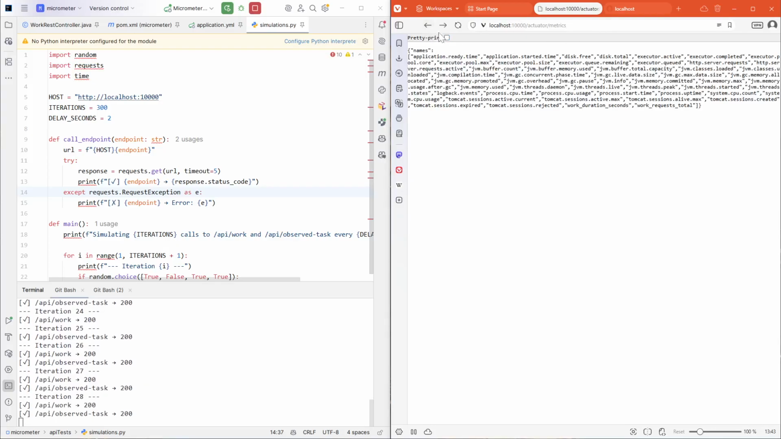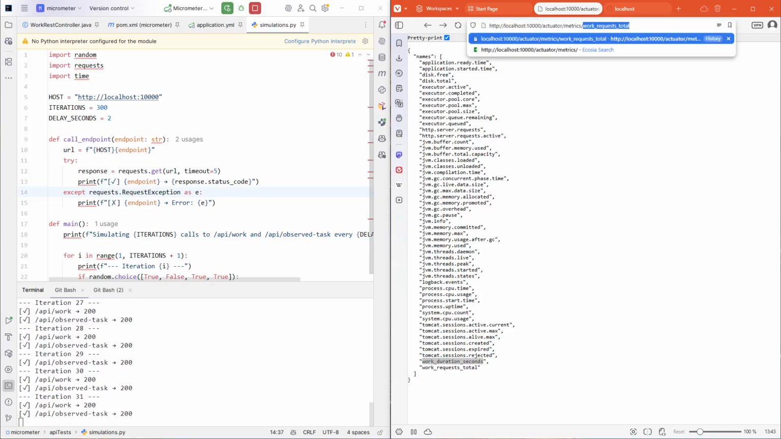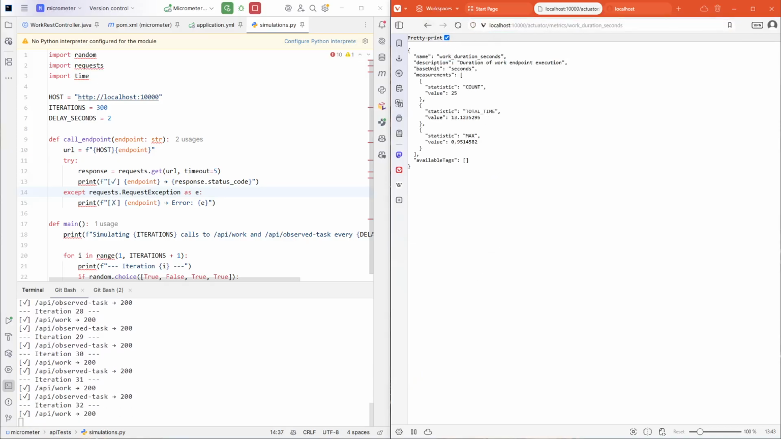Okay. Let's put some pretty print. If you, for example, check the duration in seconds, we can see the difference. Okay, let's see. Again, this is the duration, but even the duration is still a count, but it's grouped by different statistics: the count, total time, and the max time. So we have more information because it's regarding time. Now let's start our